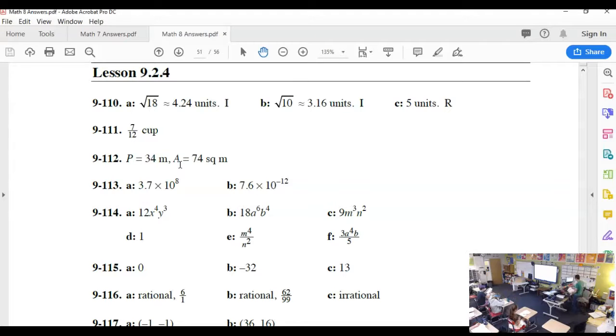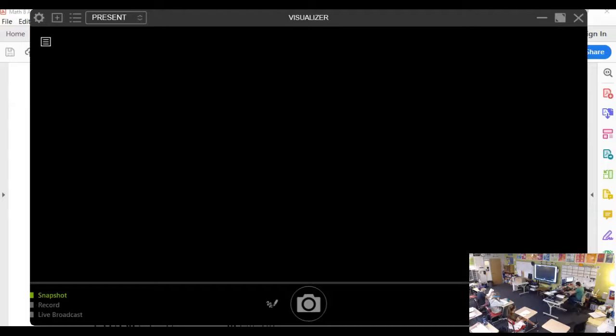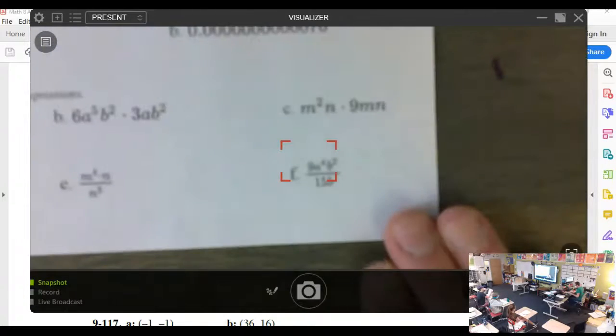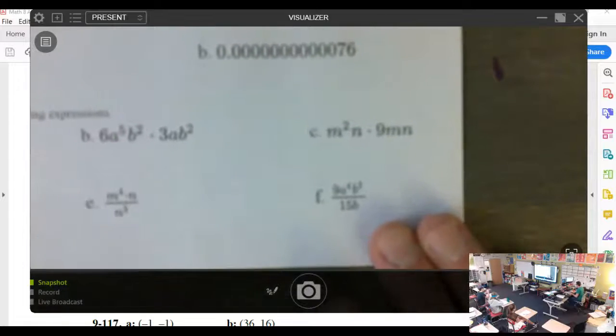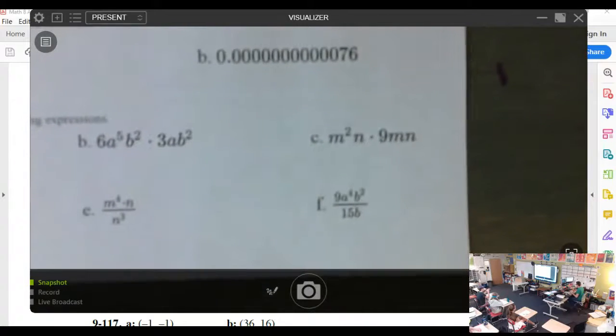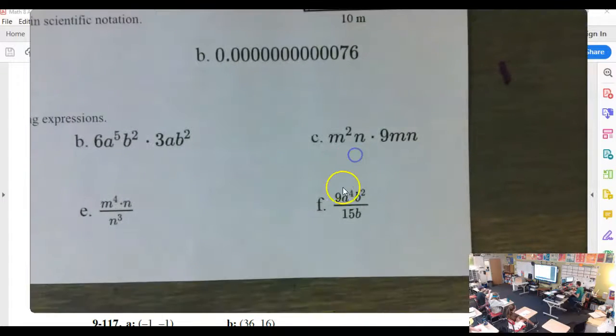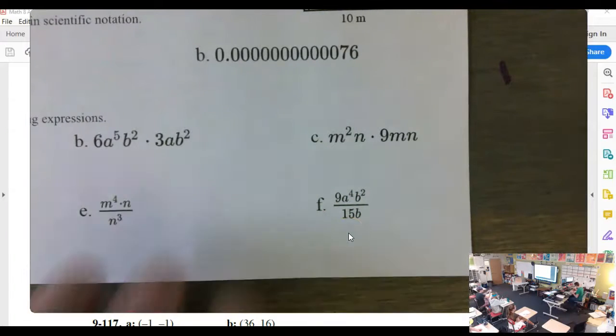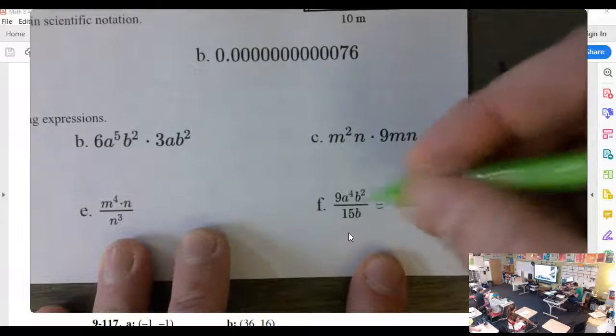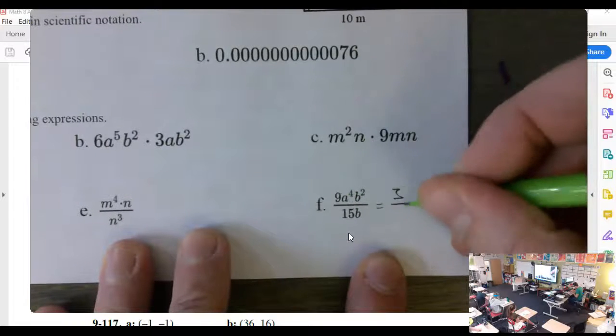Because it's not nice, right? Where these numbers get less nice. So F on 114. Now, there's actually a couple different ways that you could write this answer. So that's not the only way that you might have that answer written. But the whole point here is to simplify, right? And with fractions, part of our simplification is to reduce. So if I have 9 over 15, what's a common factor 9 and 15 can both reduce by? 3. So the first thing we're going to do is reduce both of these by 3, making this 3 over